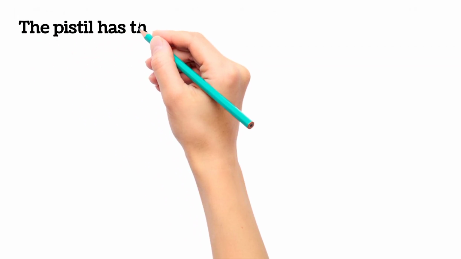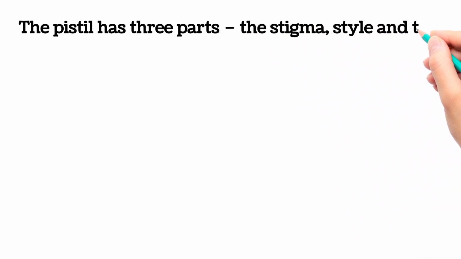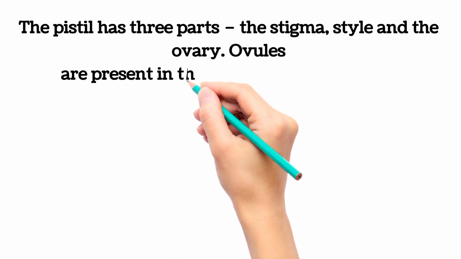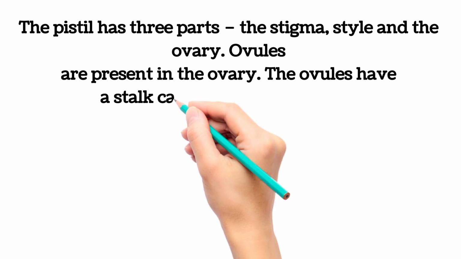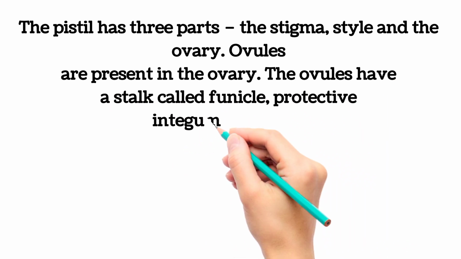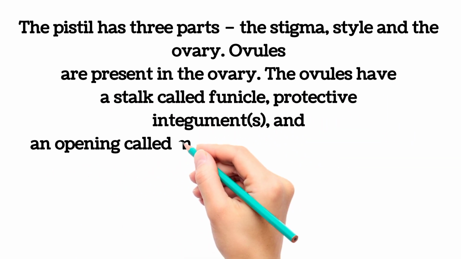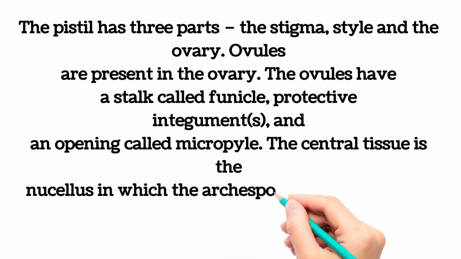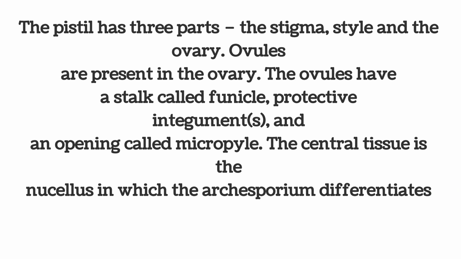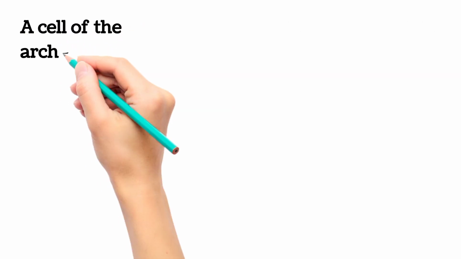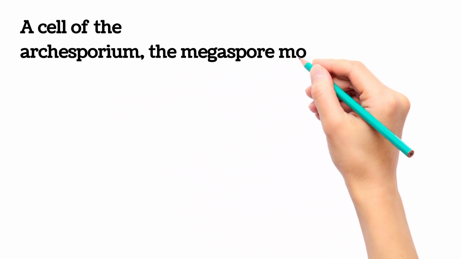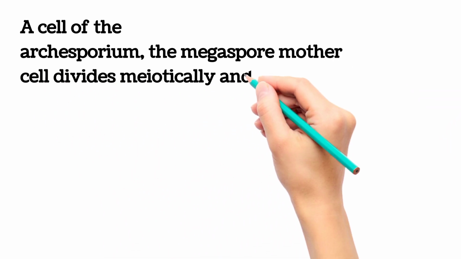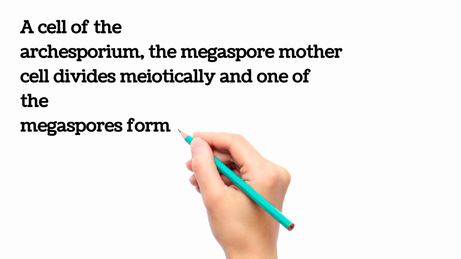The pistil has three parts: the stigma, style and the ovary. Ovules are present in the ovary. The ovules have a stalk called funicle, protective integuments, and an opening called micropyle. The central tissue is the nucellus in which the archesporium differentiates. A cell of the archesporium, the megaspore mother cell, divides meiotically and one of the megaspores forms the embryo sac,